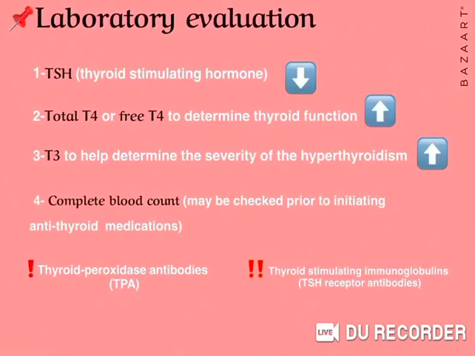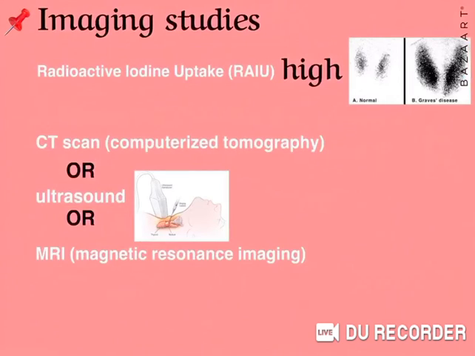But in other cases, if hormone levels are normal but symptoms of Graves' ophthalmopathy are present, the doctor may choose to do imaging studies: radioactive iodine uptake, CT scan, ultrasound, or MRI. A high radioactive uptake is typically characteristic of Graves' disease, but low uptake may point to a viral infection or other inflammatory condition of the thyroid gland. MRI looks for the characteristic swelling and increased retroorbital fat that are associated with Graves' ophthalmopathy.